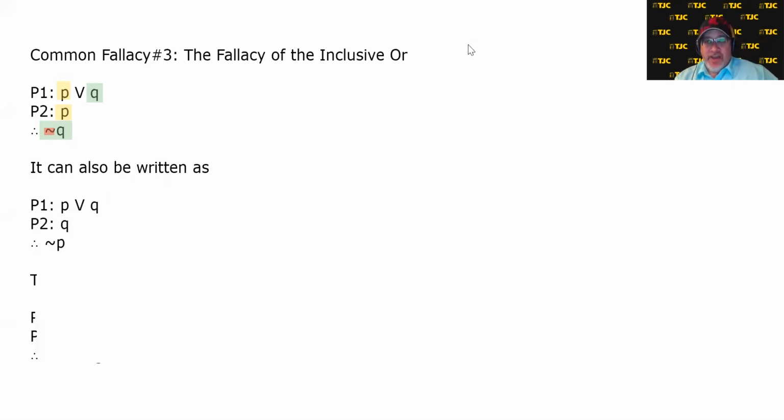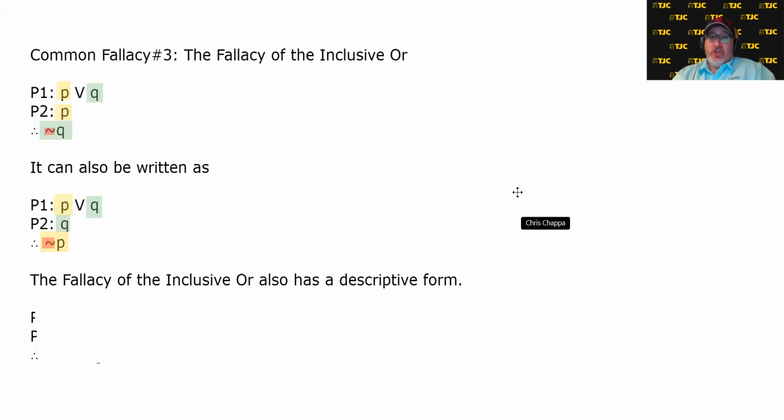It could also be the case that your first premise is a disjunction, so P disjunction Q, but your second premise is the second statement in that disjunction, and the conclusion is not the first statement, but its negation. But they both have the same structure in that the first premise is a disjunction, the second premise is one of the disjunction statements, and the conclusion is the negation of the other statement, which is why the descriptive form